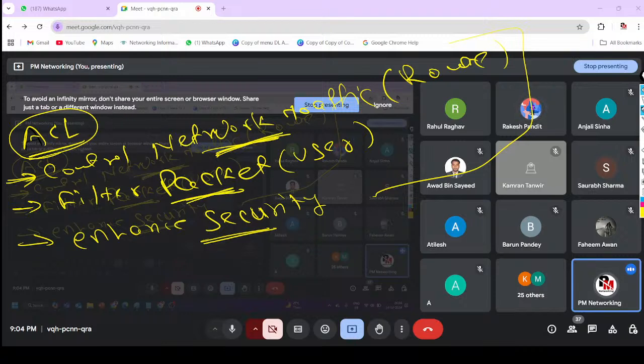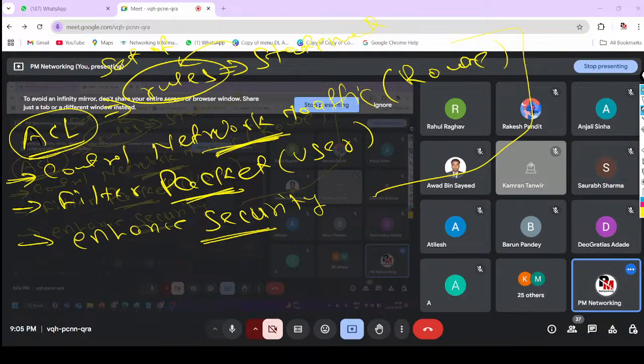Now the question is, what is ACL? That is where I will use it in the production network. Now tell me what it is. ACL is nothing but a set of rules. Rules means a statement, a policy statement which we define on the router. Multiple rules are called a set of rules, meaning multiple instructions. So ACL is a set of rules which is used to permit or deny traffic based on some criteria